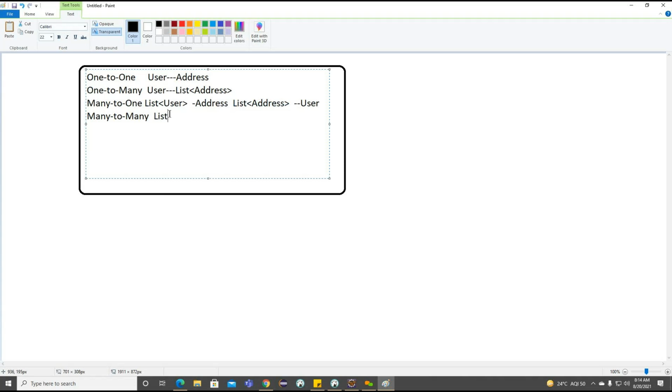Getting the point. And the final one here we will have list of users can contain list of addresses. Getting the point. So these are the 4 relations we are having inside this particular Hibernate here. We'll try to understand them one by one. So first we'll check for the only one association here. So remaining, once we are familiar with the life states of this particular object here, we'll go for the remaining information here.